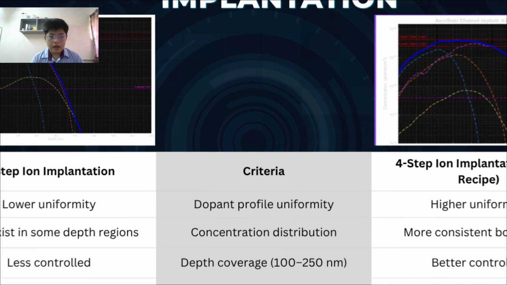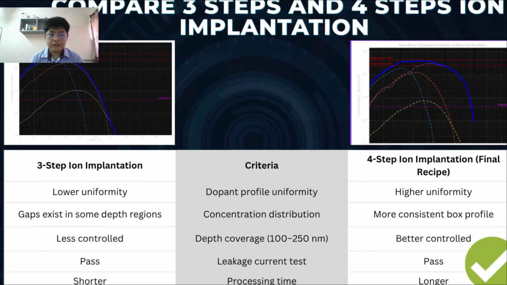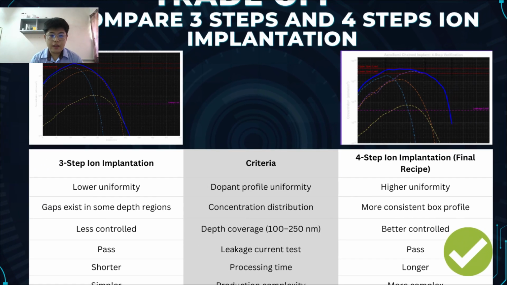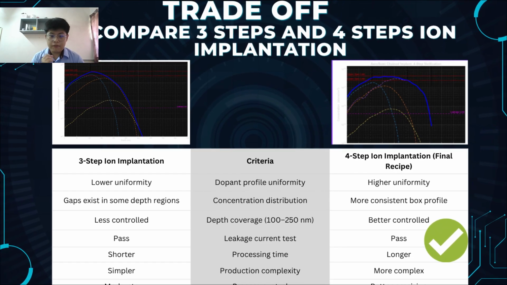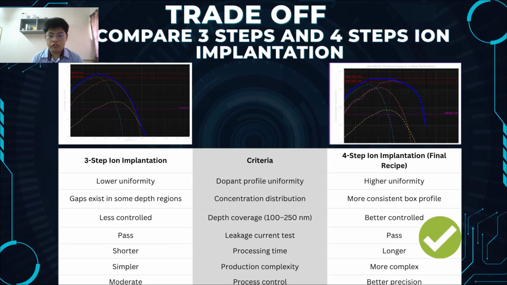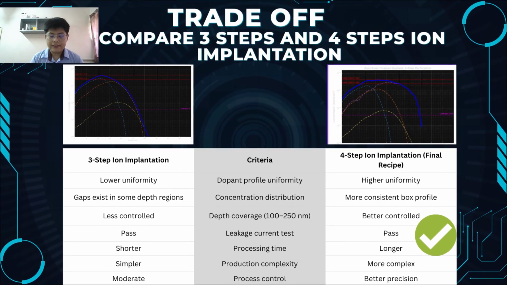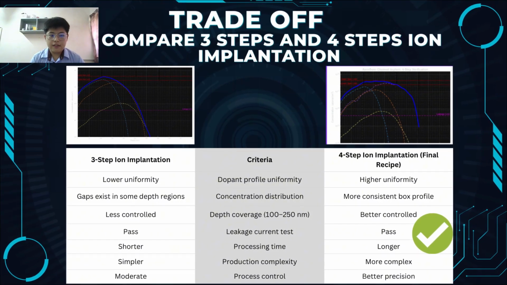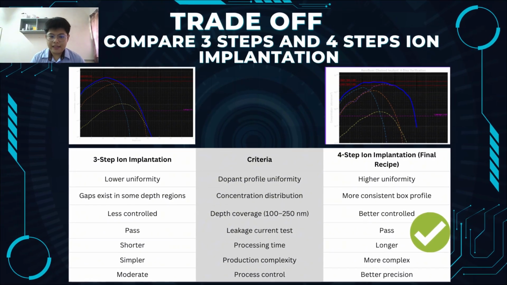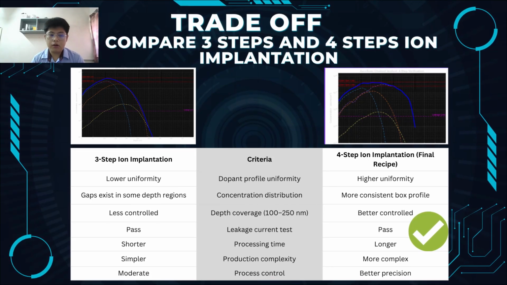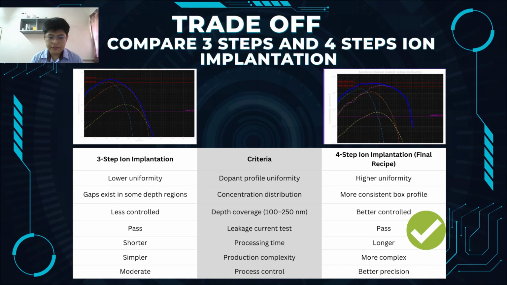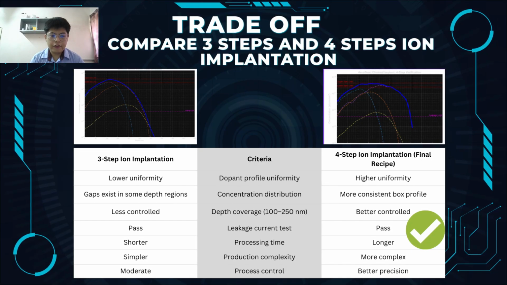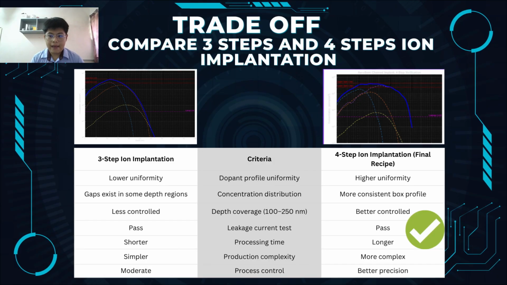Before we start to discuss our process as process integration engineers, I would like to say we are choosing the four-step ion implantation recipe. However, using the four-step ion implantation recipe has several advantages and disadvantages. Firstly, undeniably, the process time for four-step will be longer compared to three-step, but it will reduce the leakage currents and also give better depth coverage control, allowing a more uniform profile on the 100 nanometer